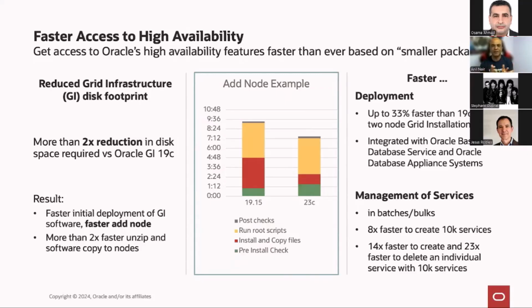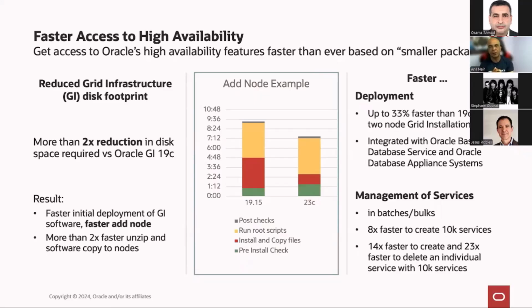And what happens when you have a lot of services is that we found out that if you create 10, 20, 30, 50, 100 services, maybe performance is good. But if you have to create 10,000 services, we found that yes, we are taking time, so we went ahead and improved that algorithm. So now we can create 10,000 services 8x times faster. And more importantly, let's say you want to delete or modify the 9,935th service, accessing that service is now 14x